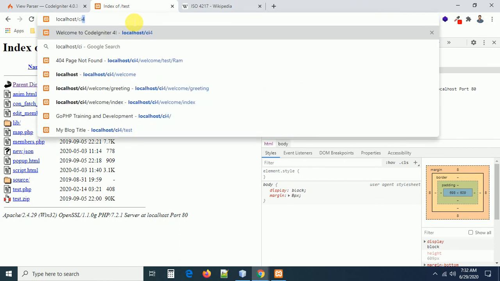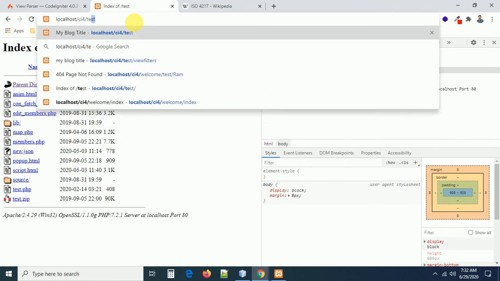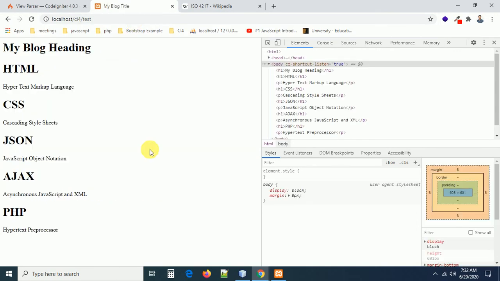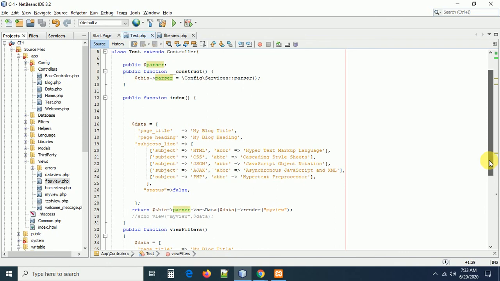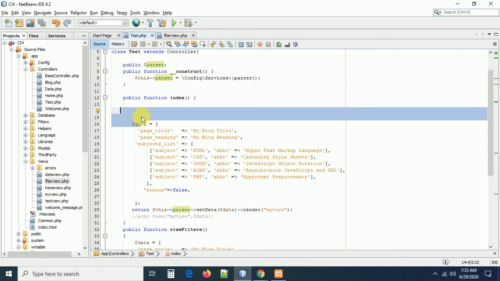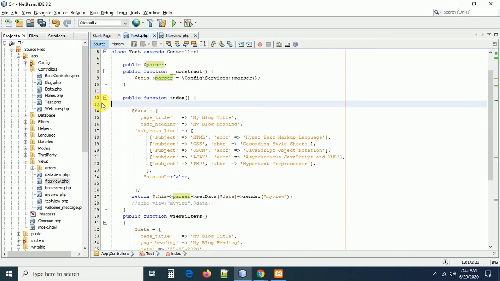ci4/test, that's it. Execute it and you are getting the output without any problem. This is how we can reuse our parser object in each and every method of your class. Sometimes an object may be reused in each and every method, then we can do it like this, guys. Constructor is going to play a key role in our application, especially if you already know CodeIgniter 3, why we use a constructor in each and every controller class. That is the advantage. If you want to load any library, or any model into your class, definitely we were doing that in a constructor.